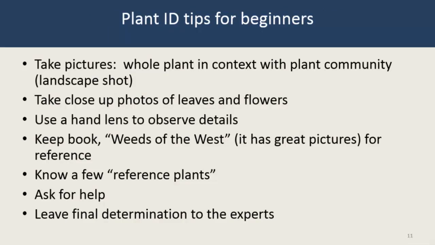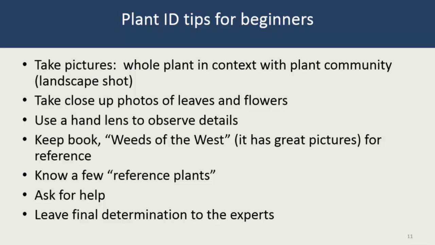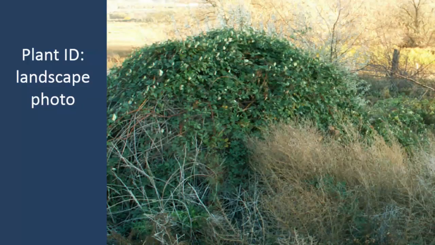Here are some quick hints for how to collect information about plants if you are not an expert who can simply identify the plants while you're out in the field. The following photos give examples of a landscape and a close-up photo of a plant. After that are a few reference photos of some of the most common wetland plants you will see in wetlands in eastern Washington. When taking a landscape photo of a plant, you want to capture how it relates to other plants or objects around it.